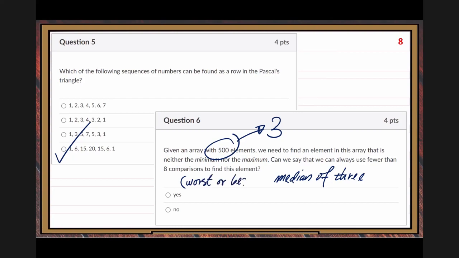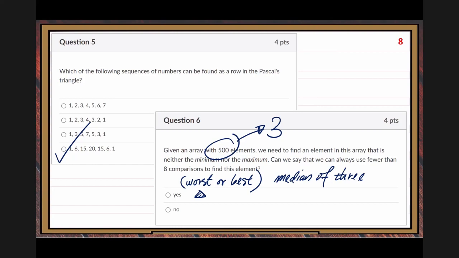If I do not say it, which one you should use, worst case or best case? If I do not say anything, you should use the worst case. Do not use the best case. But some students, I saw before, if I do not say anything, they use the best case. So here let me explain why the worst case is better than the best case in this situation.